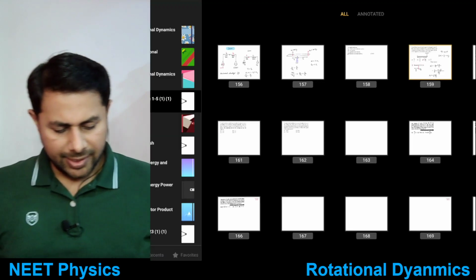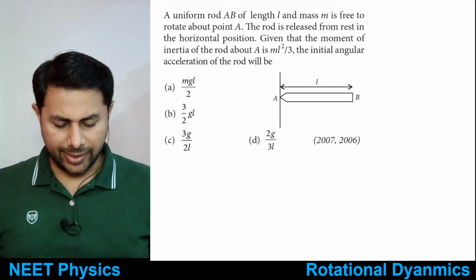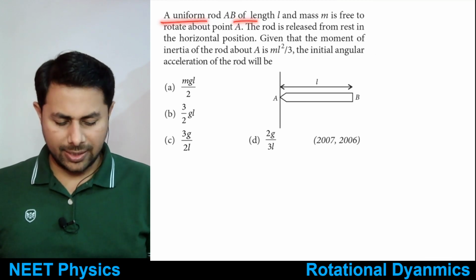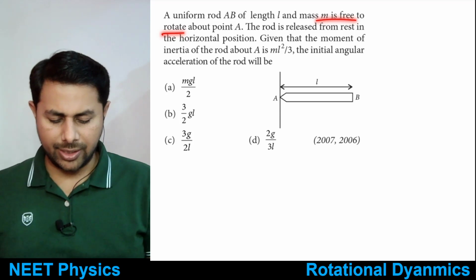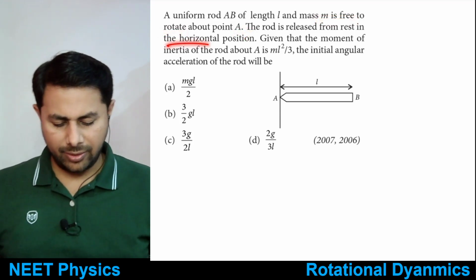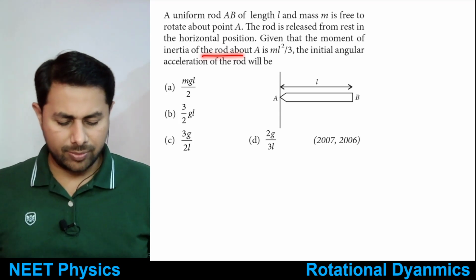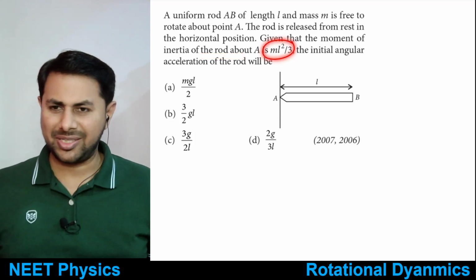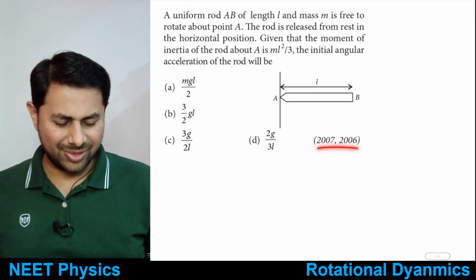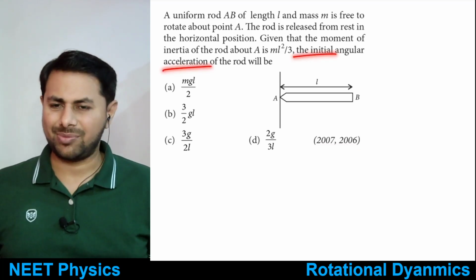Then let's see the next one. Let's see a couple of problems. Okay, this one. A uniform rod AB of length L and mass m is free to rotate about point A. The rod is released from rest in horizontal position. Given that the moment of inertia of the rod is ml square divided by 3, they made it simpler. This came later, right? This was earlier. So this is the same problem. The initial angular acceleration of the rod will be,